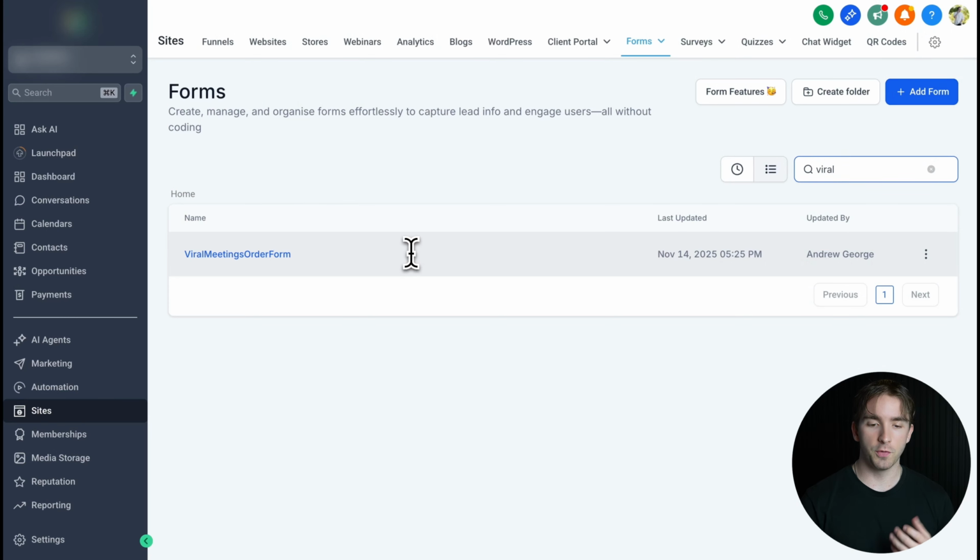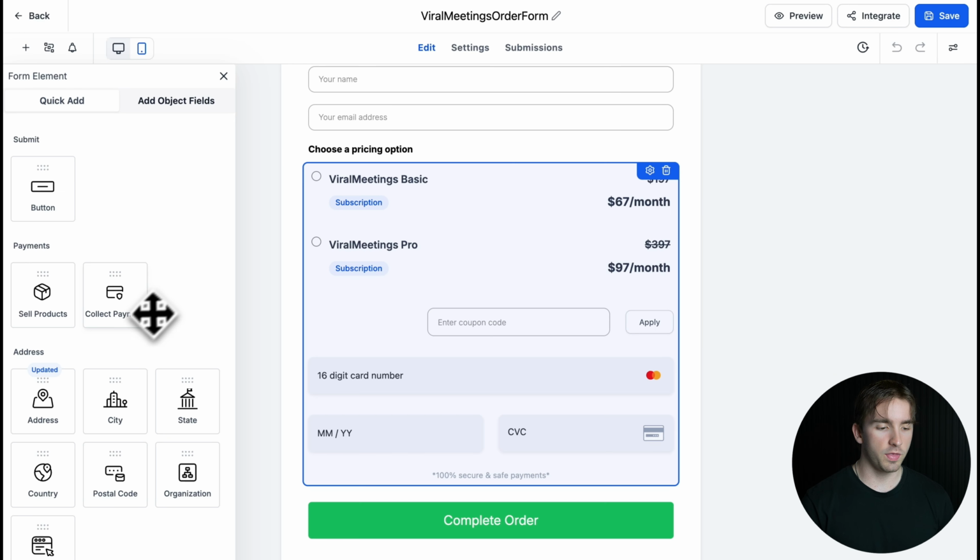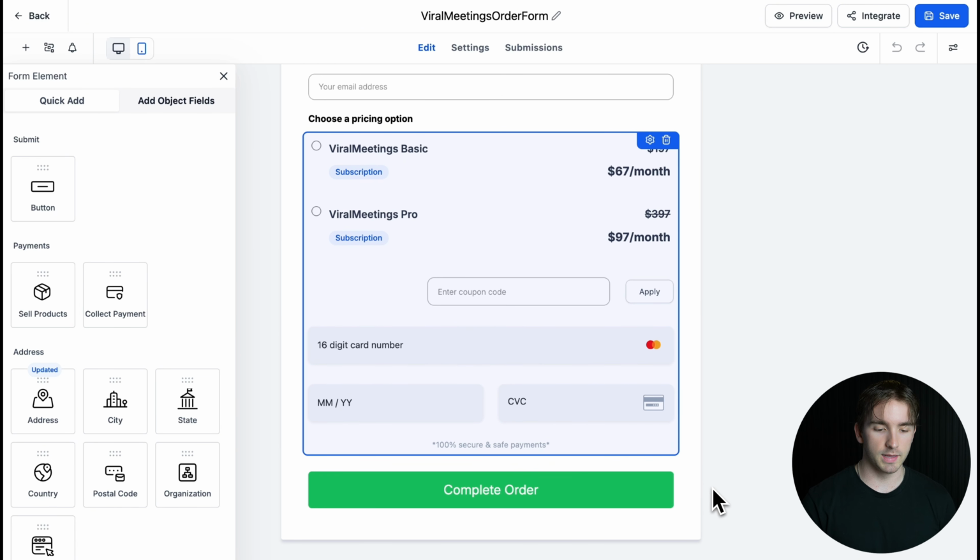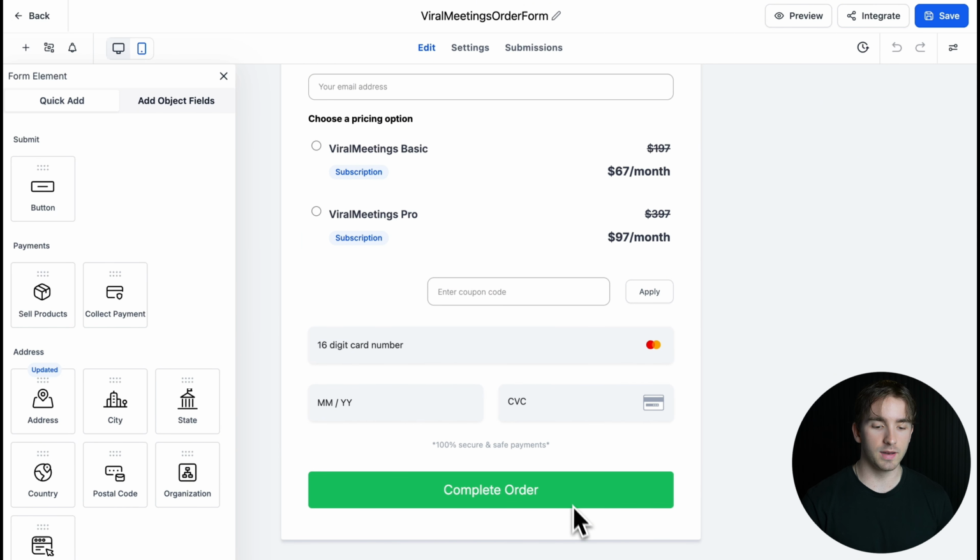Did you know that you can add terms and conditions directly inside of payment forms inside of GoHighLevel? So if we want to collect payments inside of a site form instead of inside of a payment link or an invoice, we can do this inside of our forms with our payment options for sell products and collect payment. But for an example like this, you can see it just has a complete order button and there's no terms